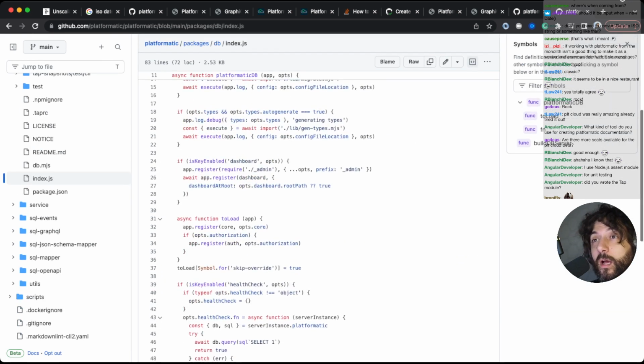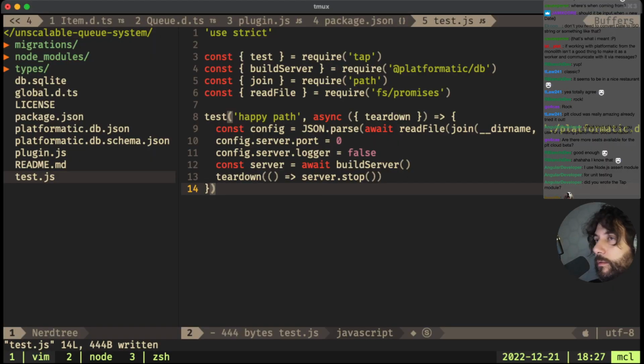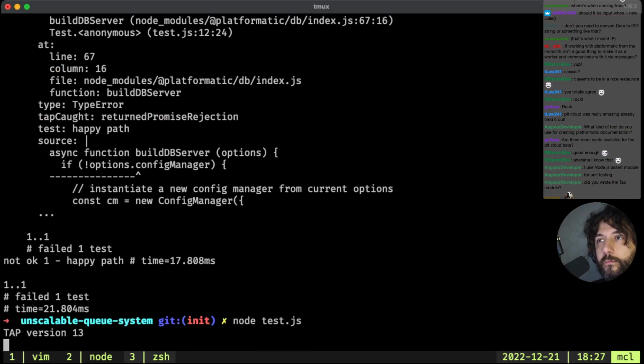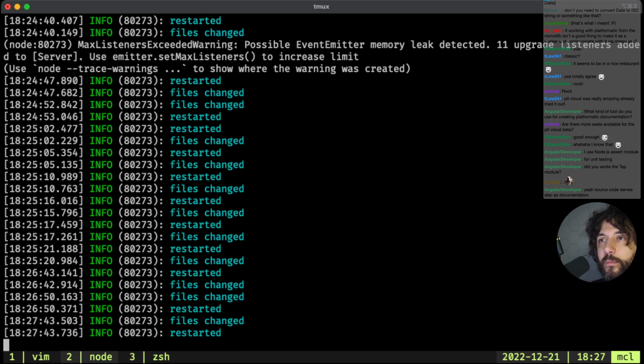When I mean I look at the docs, I will look at the source. So options, config manager. Okay. Oh, yeah. Sorry, I made a mess. I need to pass the options to the code. Config. Cannot find item entity item.